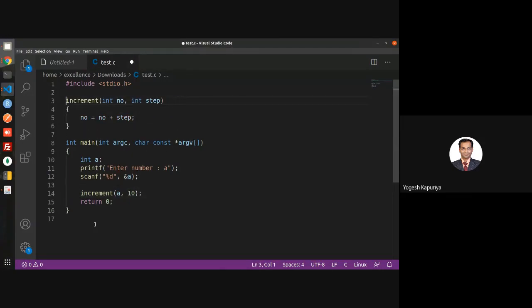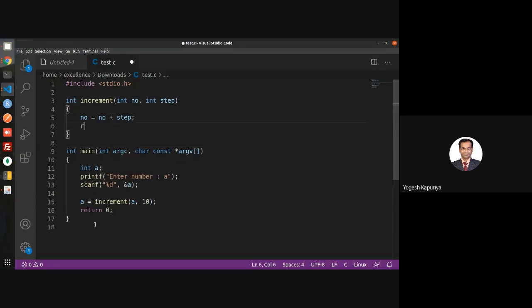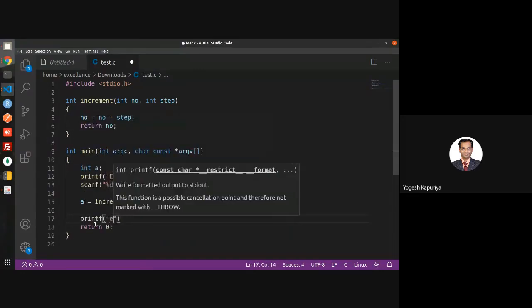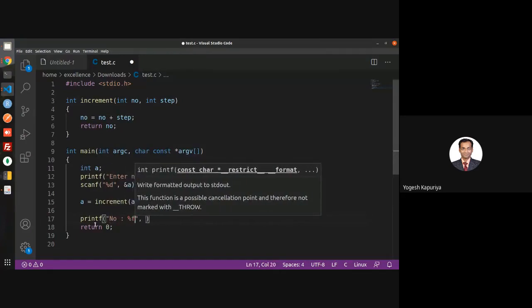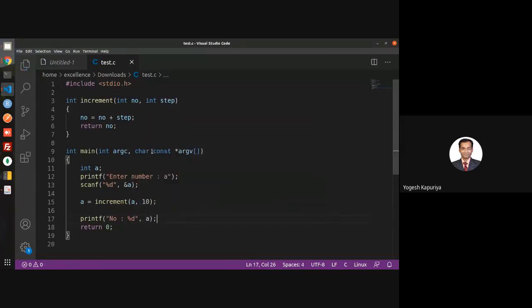Okay, let us do it in this way only. This is integer a is equal to integer, and then return number. So I print my number. So this is how it looks like.